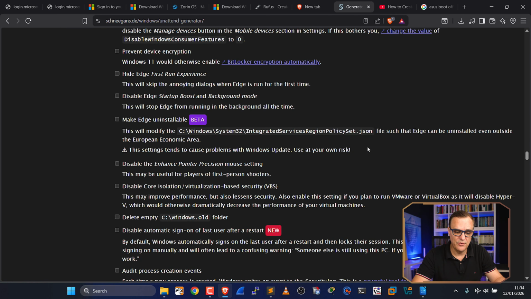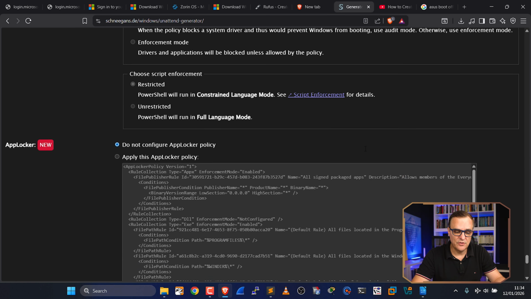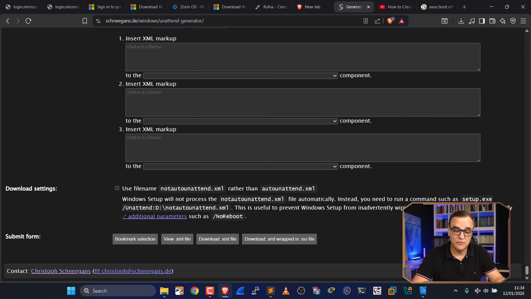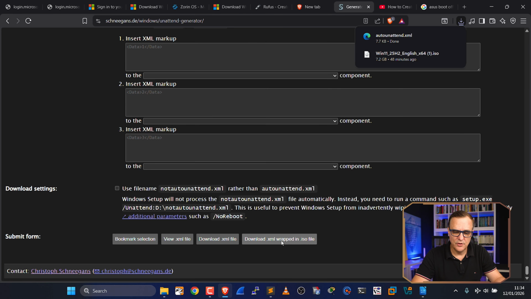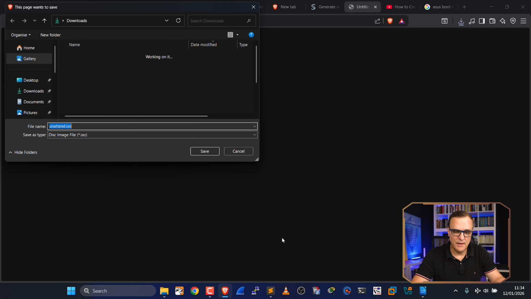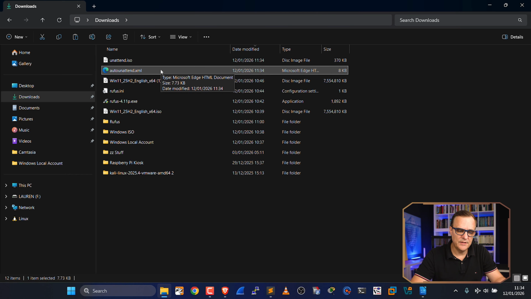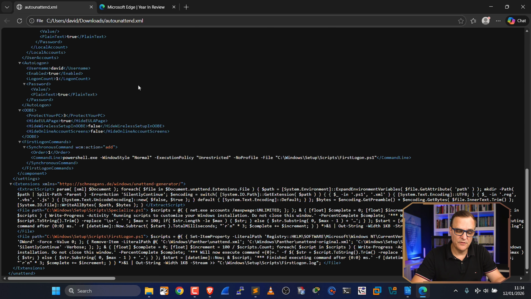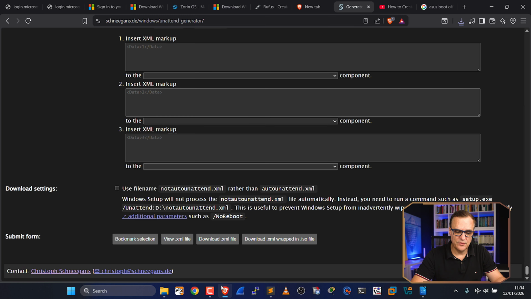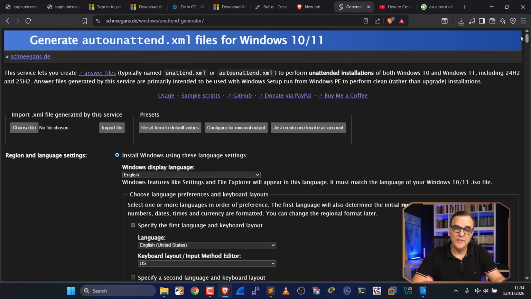Have a read through them, a bunch of things that you can do, but literally this allows you to create an unattended script that you can then download, and you can simply download that XML file and save it to your computer. You could also download the XML file wrapped in an ISO image if you wanted to, but notice here's my auto unattended XML file. If I open that up, you can see a whole bunch of options are set here. Much easier just to use this website to create the file for you, and then you can use that as